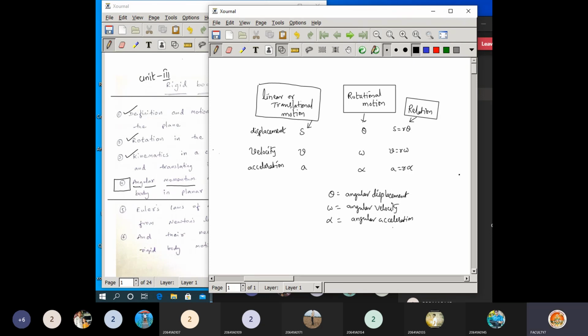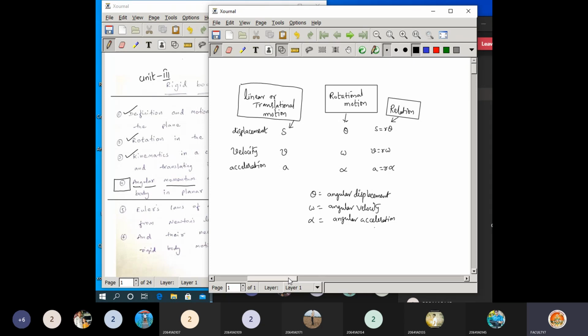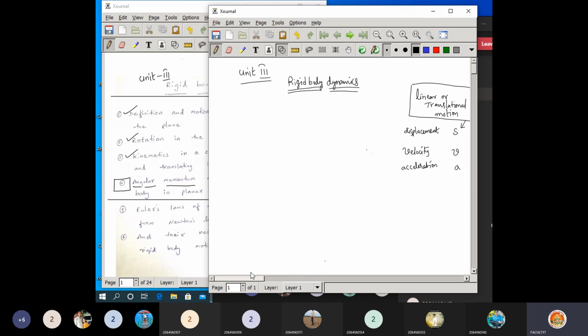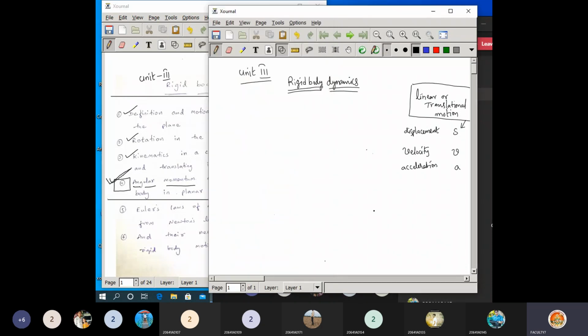Now these things we had seen in the previous class, and now we will go with the last topic, and here we will have the repetition of a few points regarding these topics also. Now the remaining topic is the angular momentum. If you see the syllabus here, this is the old syllabus actually. Now here you have only up to this point regarding the new syllabus. So this is the last topic of the third unit. So let us refer to the last topic.